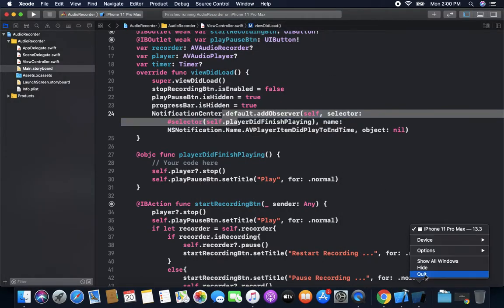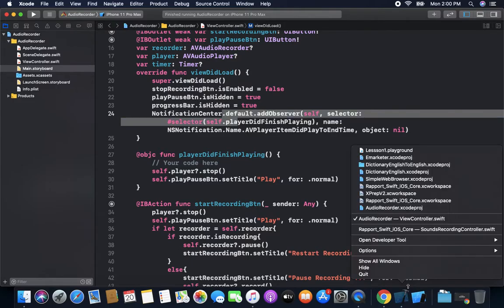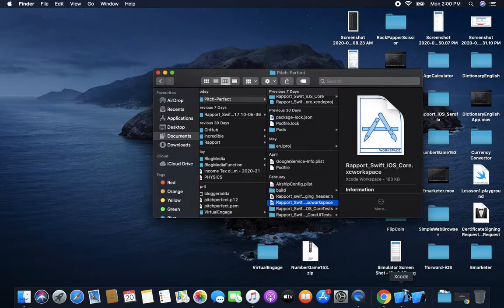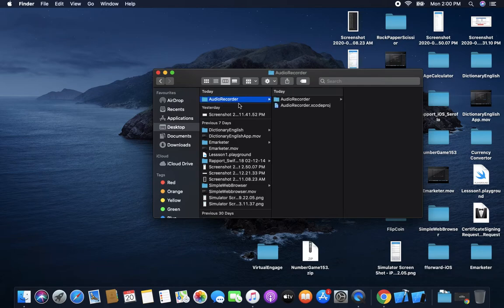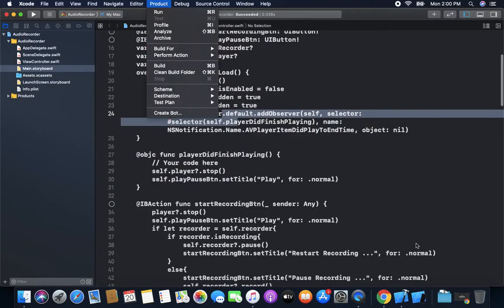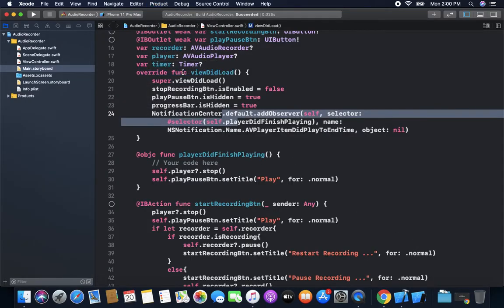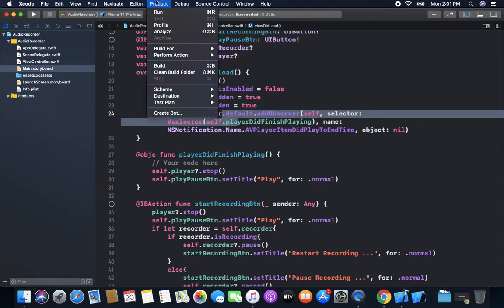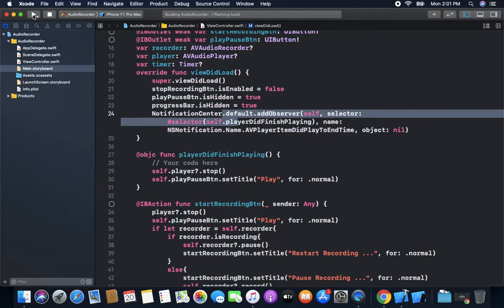We just quit the player and quit Xcode both. Now we restart the code, we save our app, open the app, clean the product. Now play.